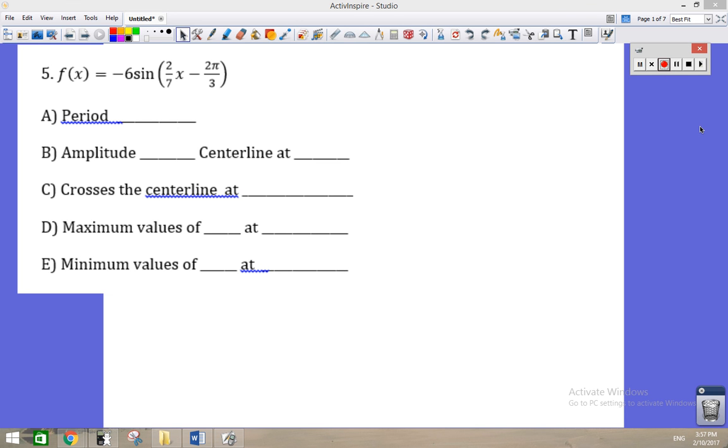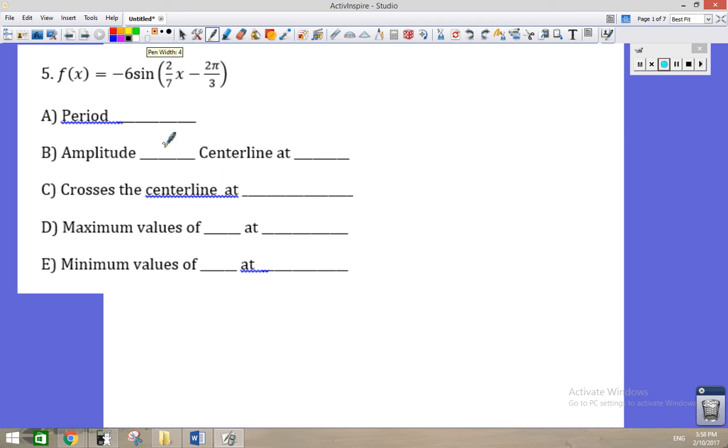Let's take a look at this problem number 5. We want to answer these things about this function. These trigonometric functions are periodic. The period is the length on the x-axis that it takes to complete one cycle. Then that cycle continues for the sine and cosine forever to the left and right, so the domain is all